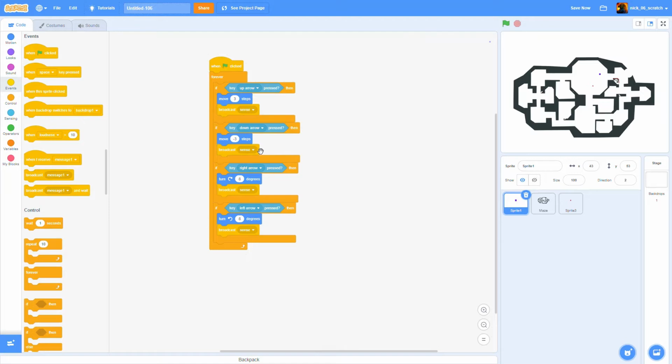So what I did is broadcast a message called sense. You can broadcast whatever message you want, but you want to broadcast a message right after you do any movement. For example, if I move